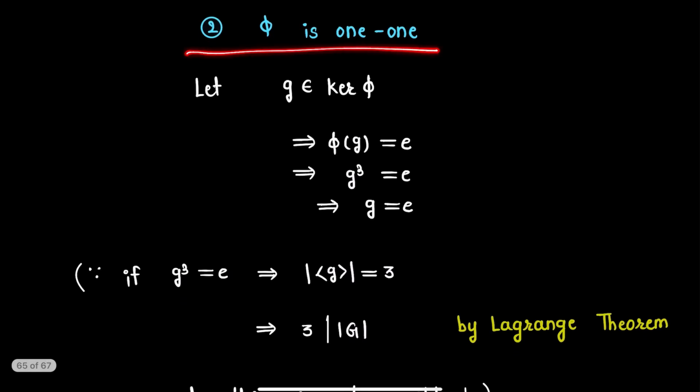Now to prove phi is one-one we will use the theorem: a homomorphism phi is one-one if and only if the kernel of phi is the singleton identity. So to prove that the kernel of phi is the singleton identity, consider any arbitrary element, say g, in the kernel of phi. Then phi(g) will be the identity by definition of kernel. Now phi(g) is g^3, so we have g^3 equal to the identity. Now if this happens, we must have g equal to the identity, because